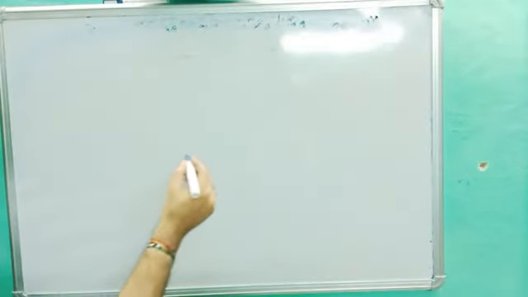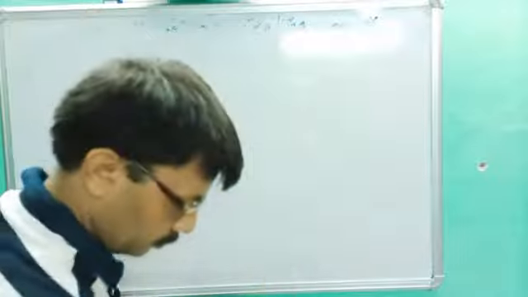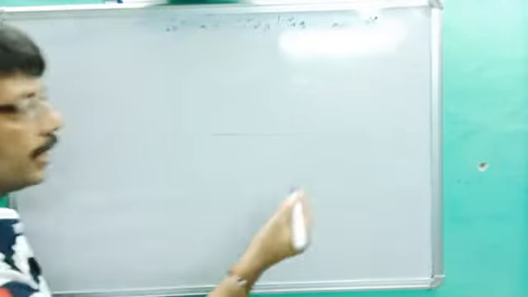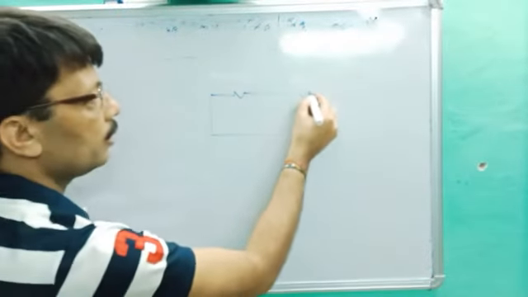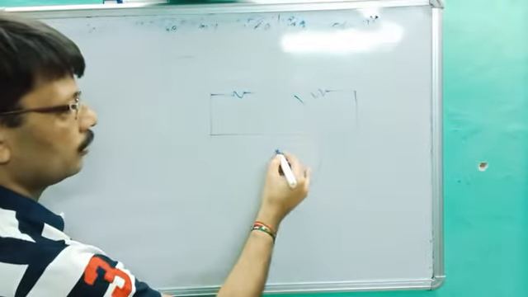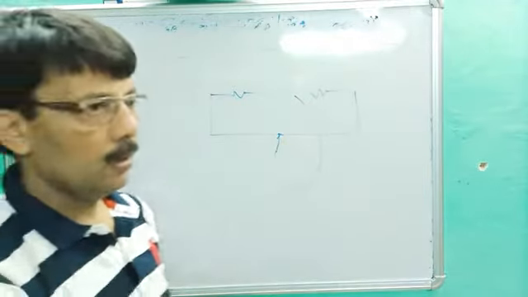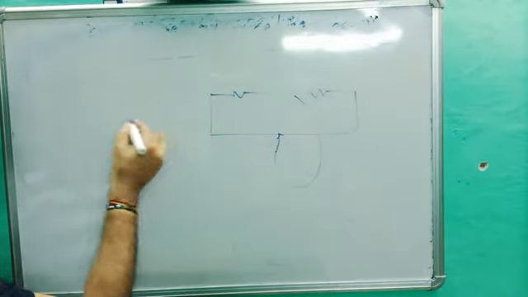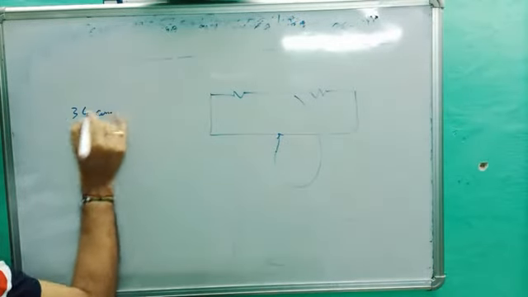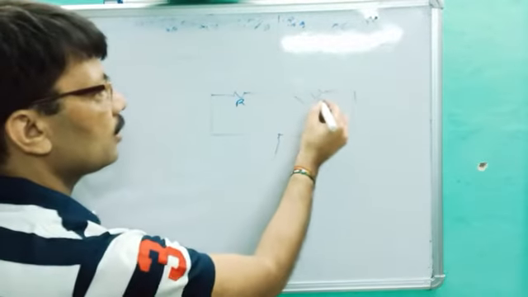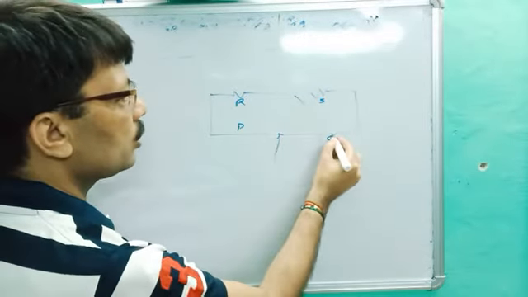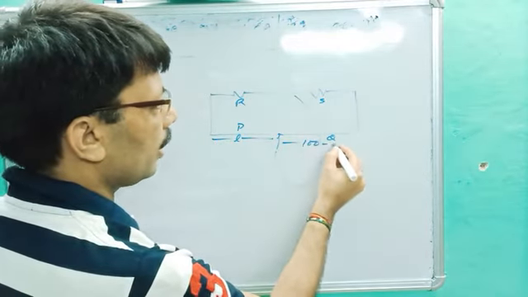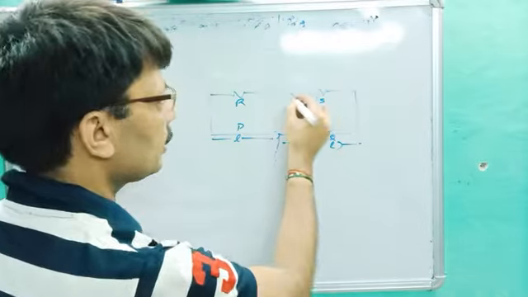So let's suppose this is the ordinary diagram of a meter bridge. Okay, this is the meter bridge, a rough diagram. Let's suppose in the meter bridge the null point is found at 34 centimeter. This resistance is R, this resistance is S, this is P, this is Q, no doubt it is L, so that will be 100 minus L. You better know, yesterday I traced this diagram, this is the midpoint.